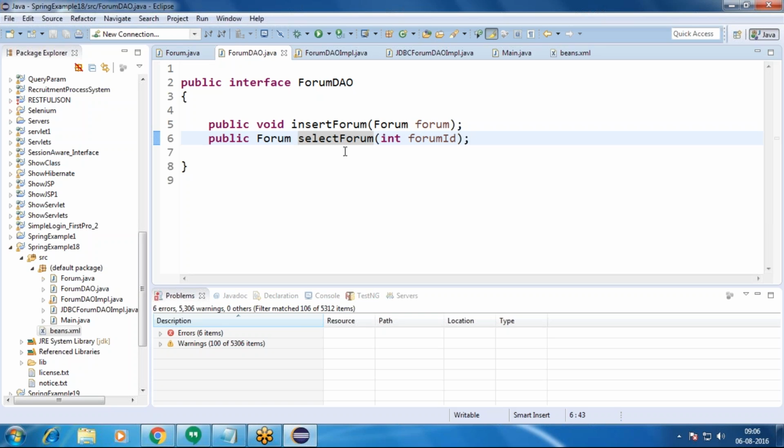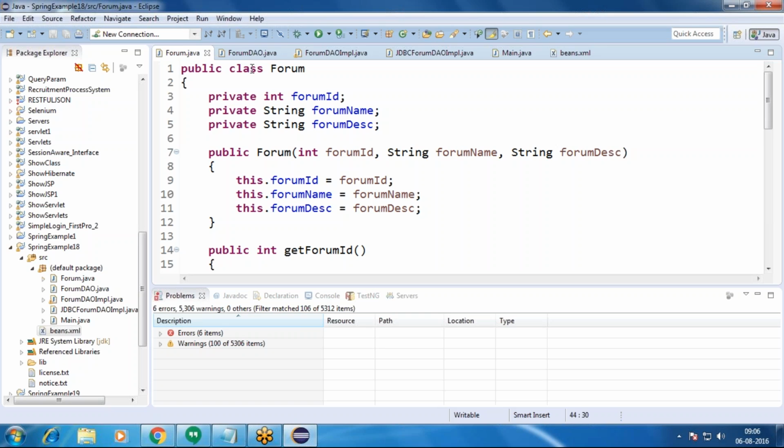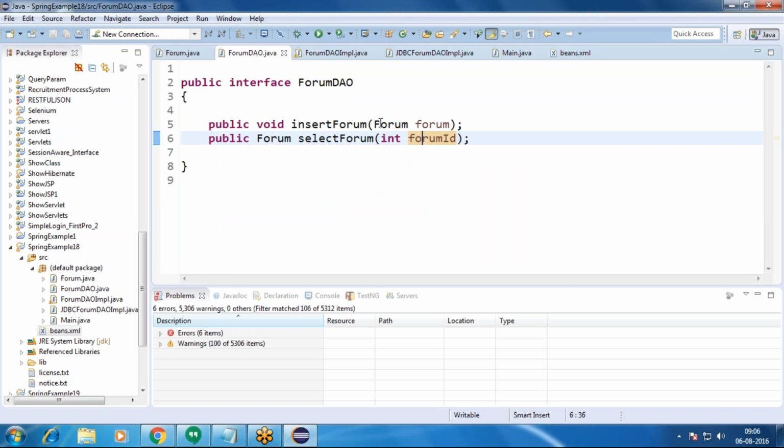For the insertForum method we pass an object of the Forum class.